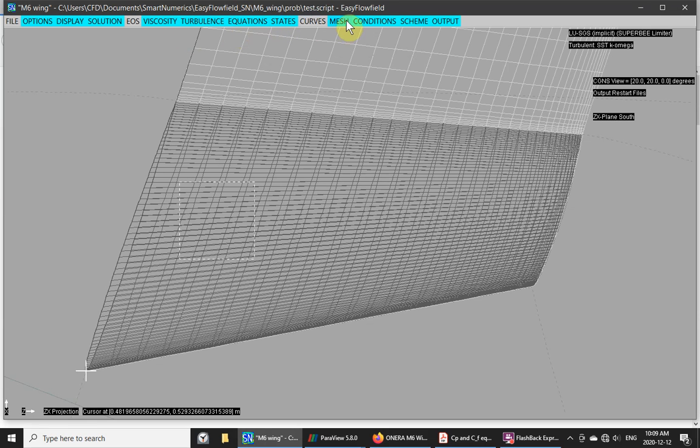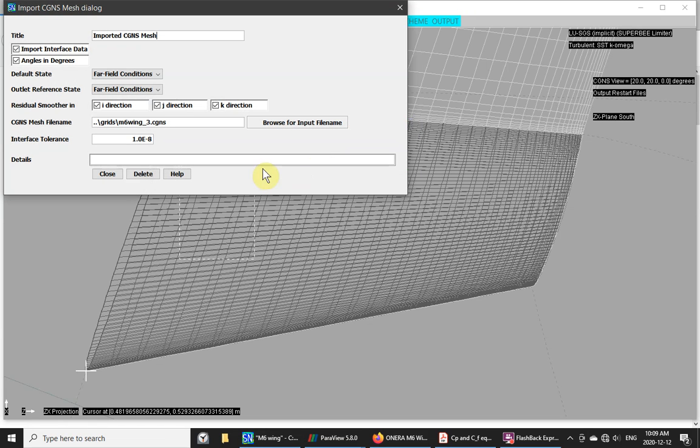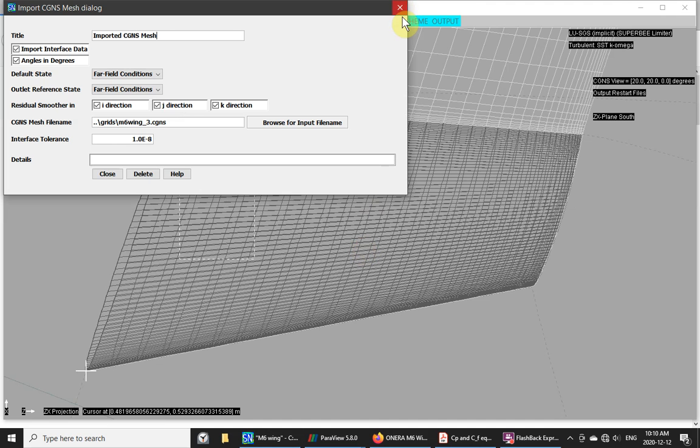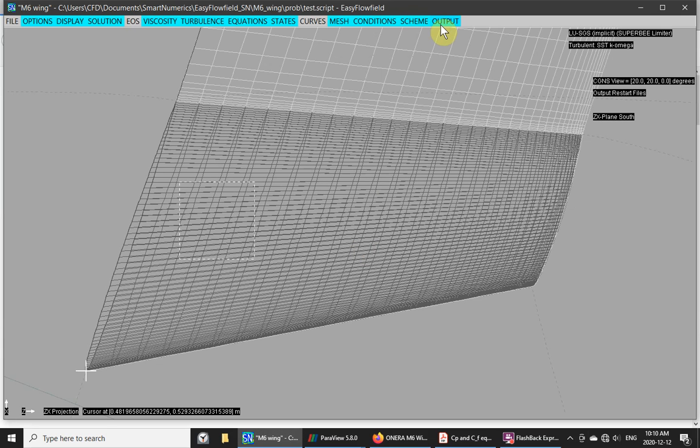And then in this case here, I've imported the CGNS mesh, and I imported the finest mesh, but for early simulation experiments I use the coarser mesh. Okay, close that. Now this simulation was produced using the SST turbulence model of Menter, and I used an implicit solution method, in this case without preconditioning. Now I initially ran the simulation on a subgrid,